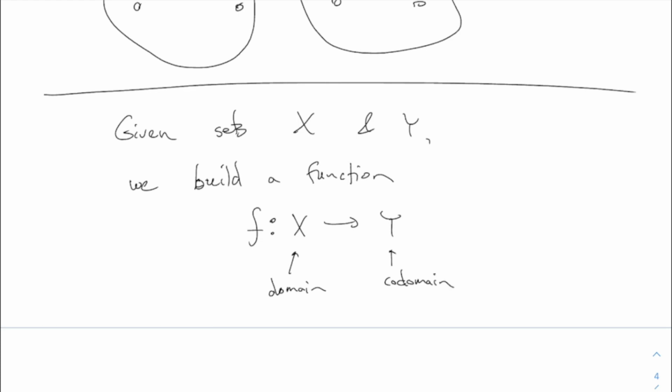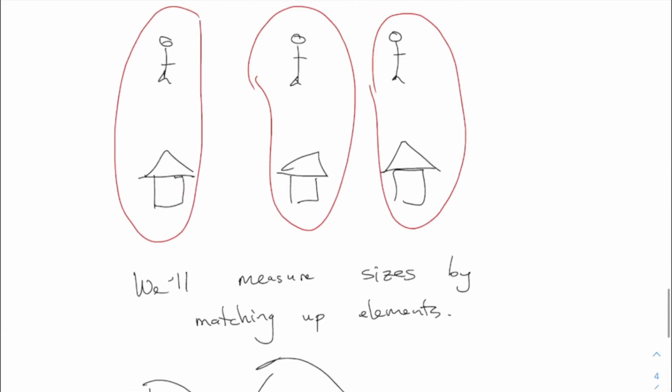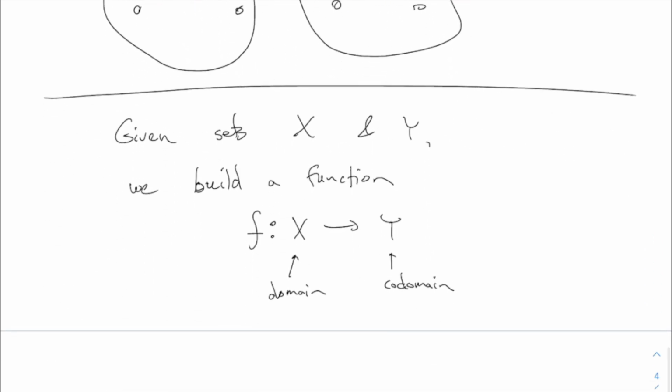In order for this to be a legitimate matching, which shows that the two sets have the same size, you need, first of all, that none of the houses get missed, like in the example up here. Every person has to go to a house. Anybody remember, there's actually a word that you already know for that. I'm talking about a function where all the points in the codomain actually have a value. Anyone remember the word? Yeah, one-to-one is something else. Onto is the other one.